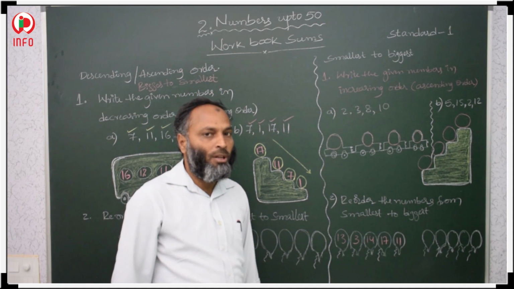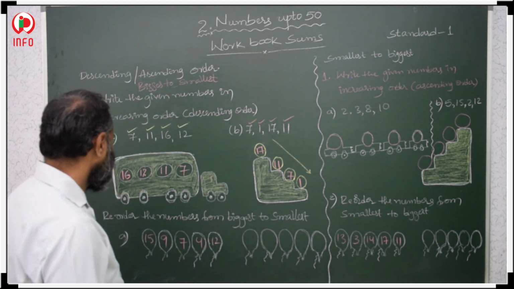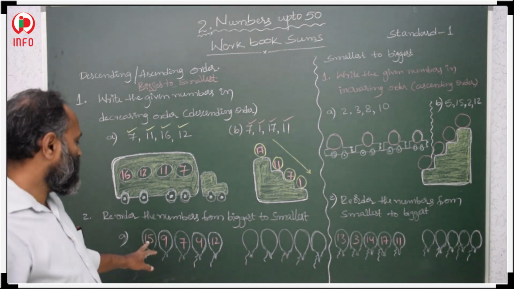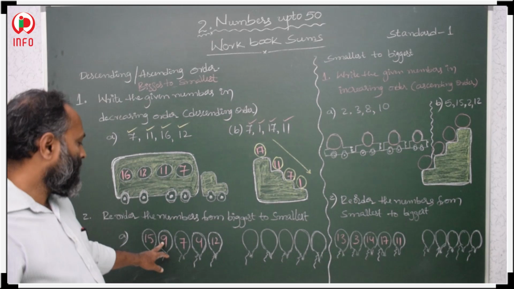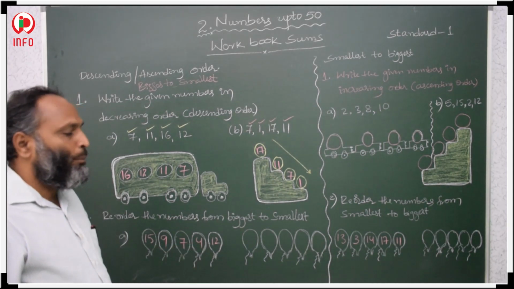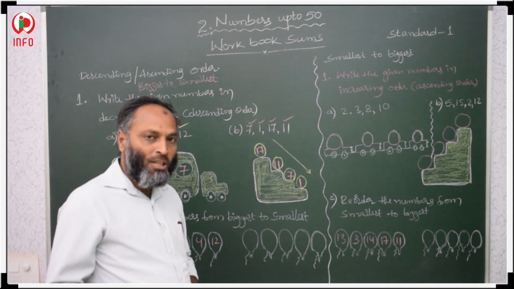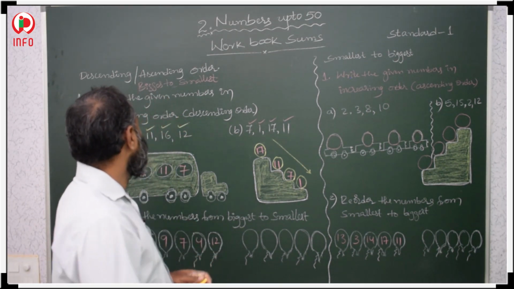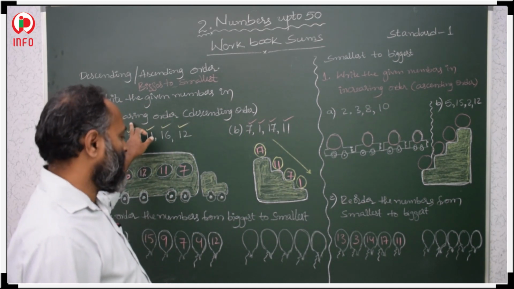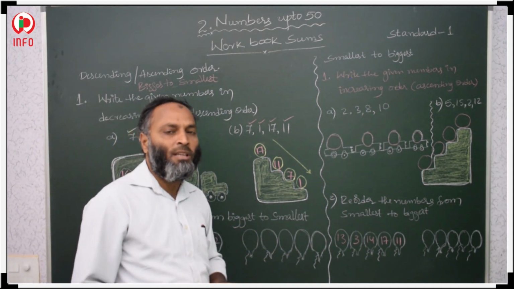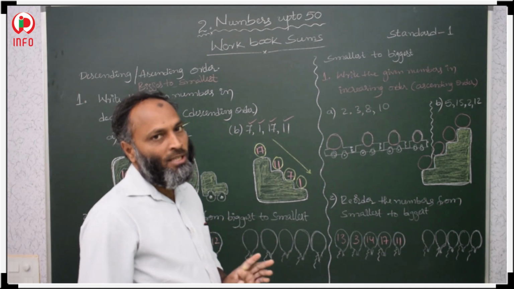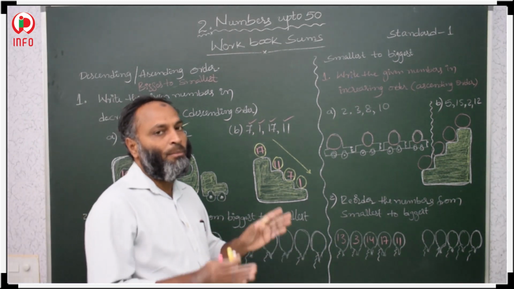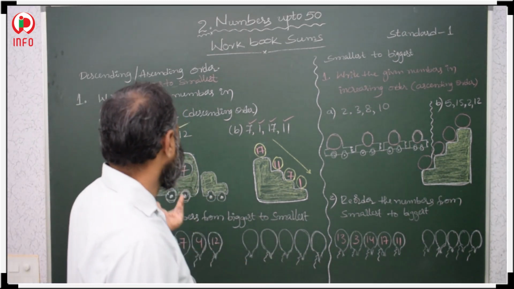In this way we arrange from bigger to smaller. Now, reorder the numbers from biggest to smallest. On balloons some numbers are given: 15, 9, 7, 4, 12. Biggest to smallest, descending order, decreasing order, whatever it is, the question is the same. Descending order means decreasing order, and decreasing order means from bigger to smaller.